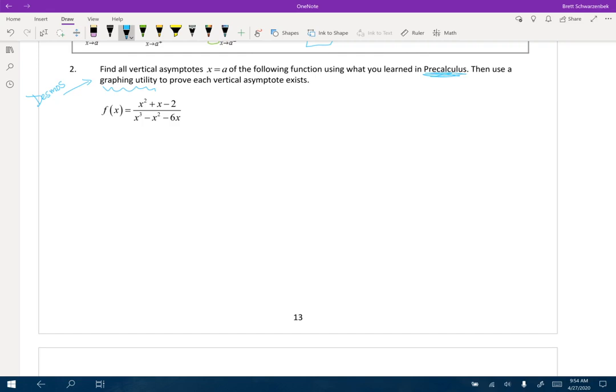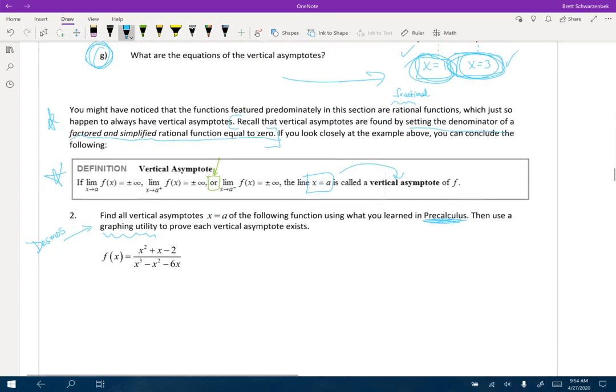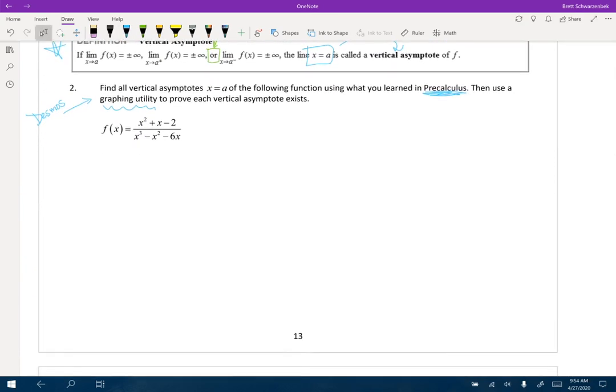Okay, so if you recall, it says right here, recall the vertical asymptotes are found by setting the denominator of a factored and simplified rational function equal to 0. So what's the first thing we have to do in this problem? We have to factor and simplify. So hopefully the warning bells were going off already in your head that you need to factor this, because it looks like a factoring monster. So factoring the top here, the numerator,